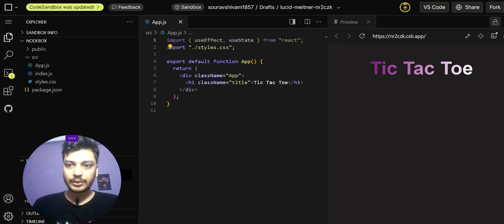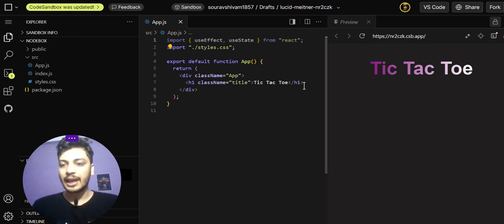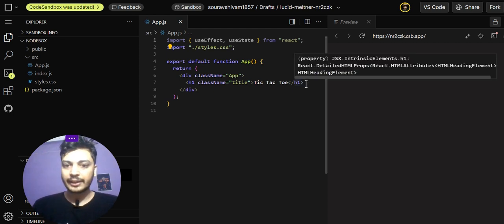Okay, let's get to the first part of our implementation, in which we will be creating a board display in a 3x3 grid form, which will have 3 rows and 3 columns as cells or squares, and players will have the option to mark these cells either with the symbol of X or with the symbol of O. So let's create that